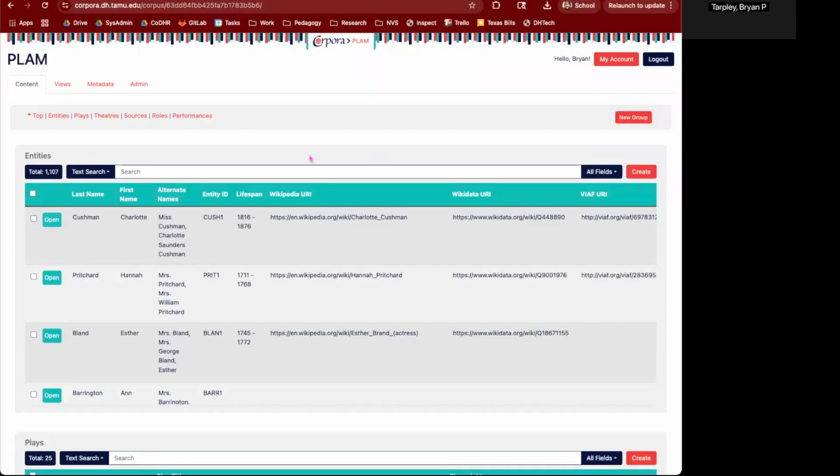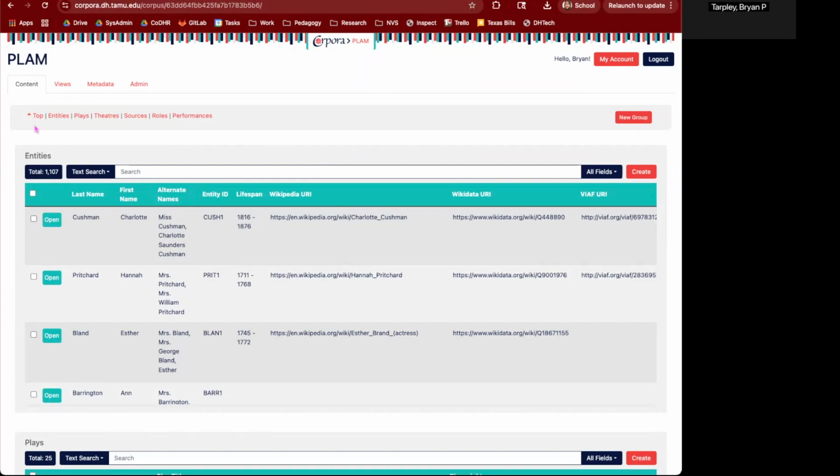Okay, today we're going to walk through how you might export your data from Corpora in order to do something else with it. This can be because you're intending to migrate away from Corpora onto a different platform. It could be because you want to take the data from Corpora and play with it in other tools and do things with it. And so I'm going to walk through a few methods for getting your data out of